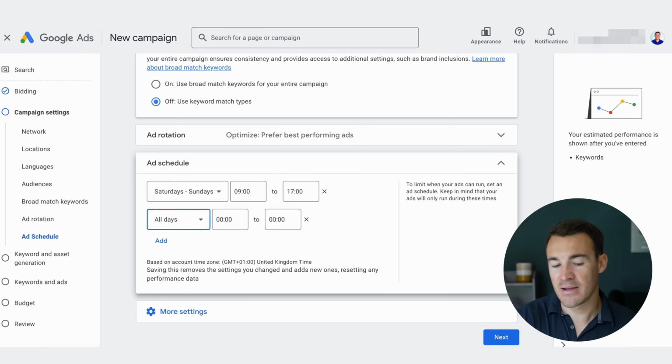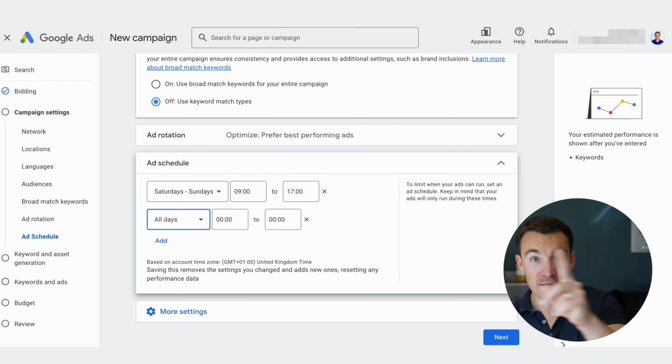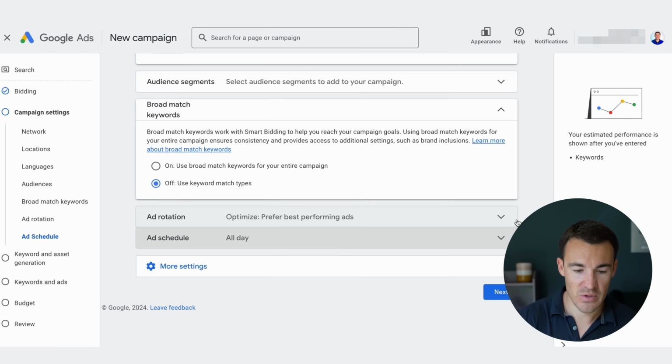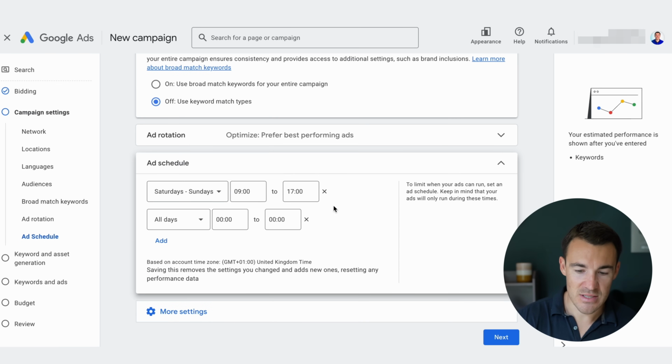With sales campaigns, adding in an ad schedule is far less important. It might still be valuable, and you can see from the data that people purchase at certain times, like maybe you only want to target the evenings and the weekends, that sort of thing. But because Google is optimizing for that end checkout, you don't have to worry about the conversion from lead to customer as you do with a leads campaign. So leads-based businesses are normally stricter on this, and that's why. Okay, I'm going to go ahead and leave that as all day